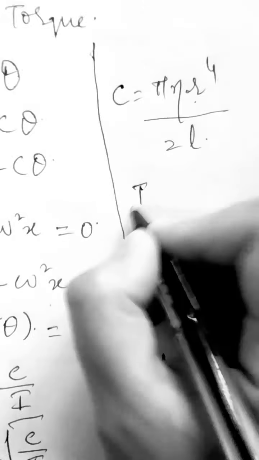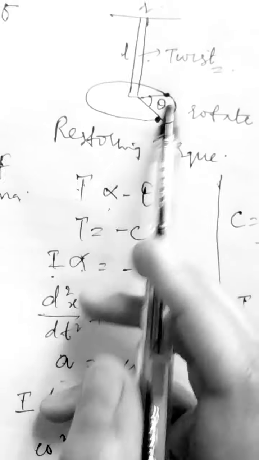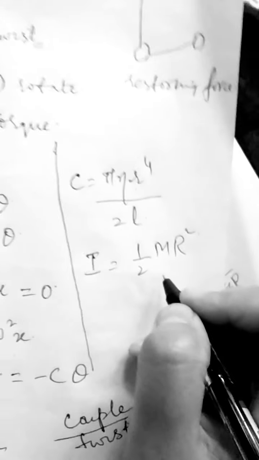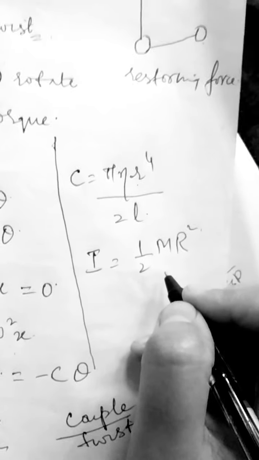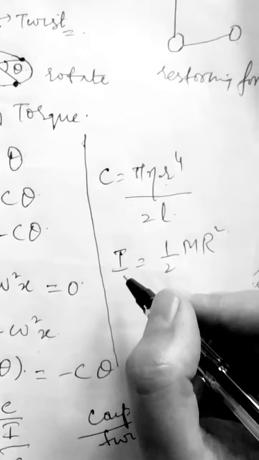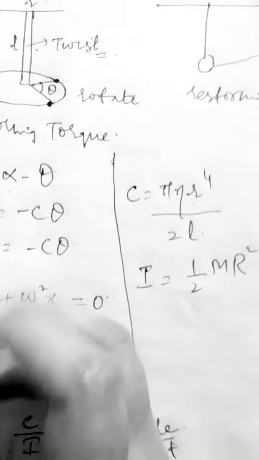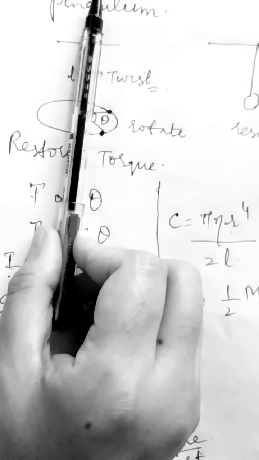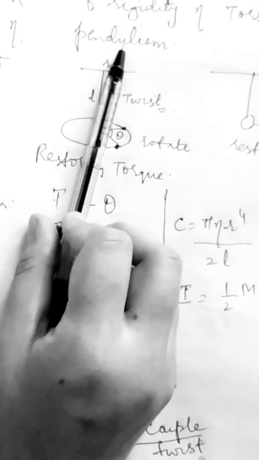So the moment of inertia of the disc that we have attached at the other end of the rod will be half of m r square. All of you know, based on your higher secondary knowledge, that the moment of inertia has different formulas for different shapes of the object, right? So in case of a disc, it is given by half of m r square. So this will be the moment of inertia of this disc about an axis that passes through this wire or the cylinder, right?